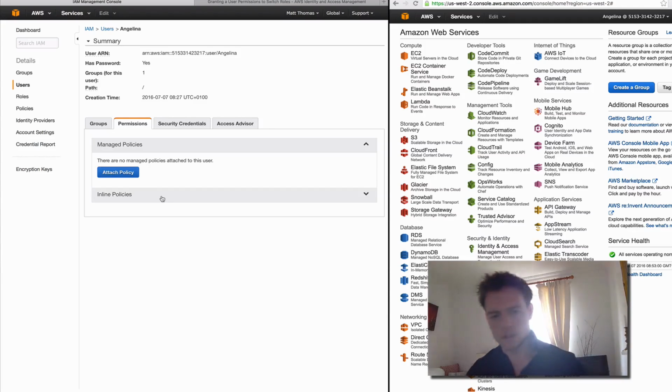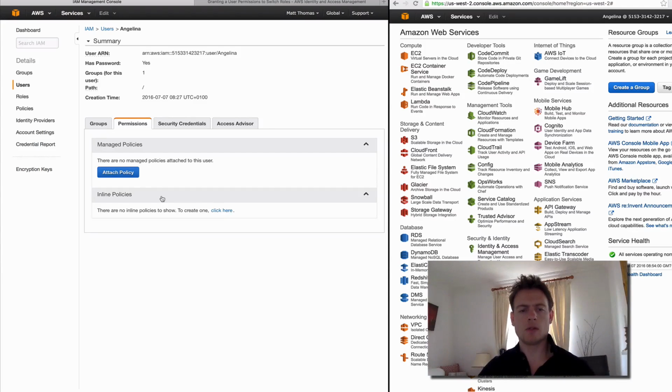Inline policies are policies that you create which are directly attached to the entity that you're currently working with, right? So my current user is Angelina. If I create an inline policy, that means that policy is literally bolted onto Angelina, the user, and